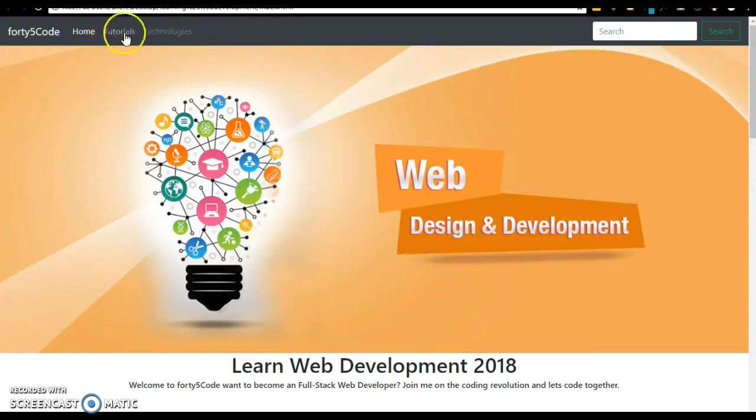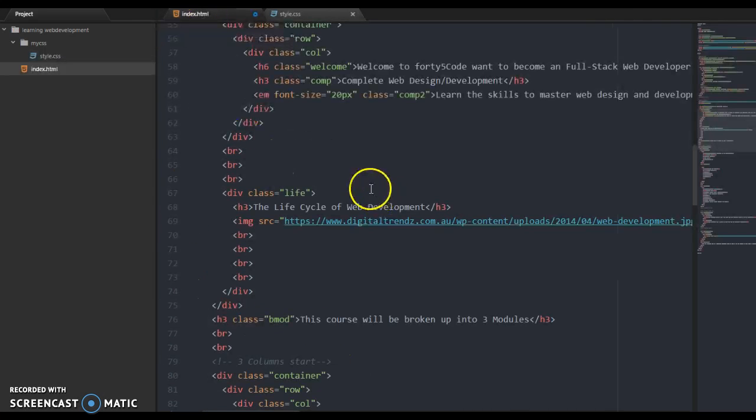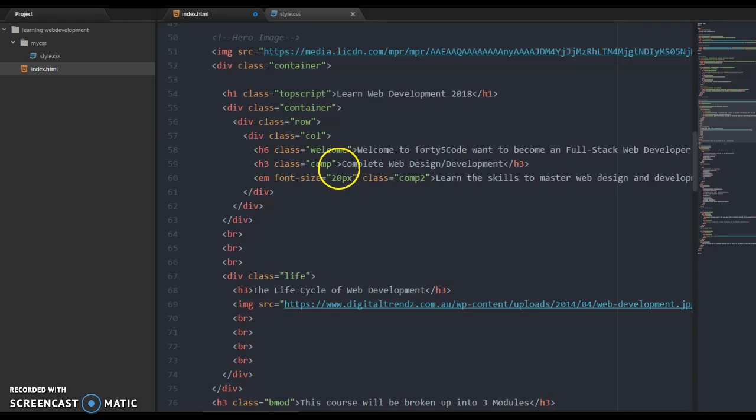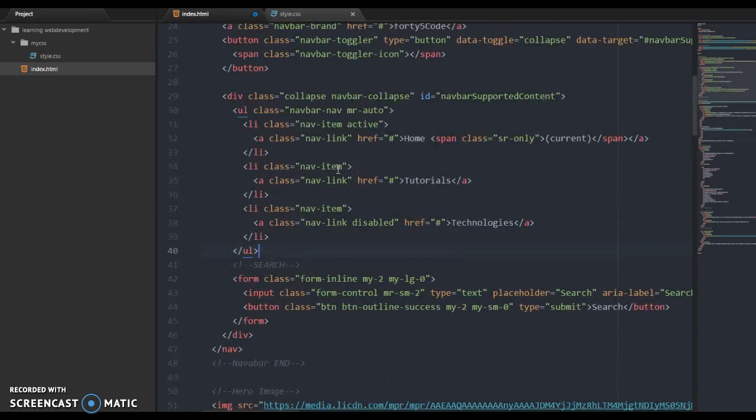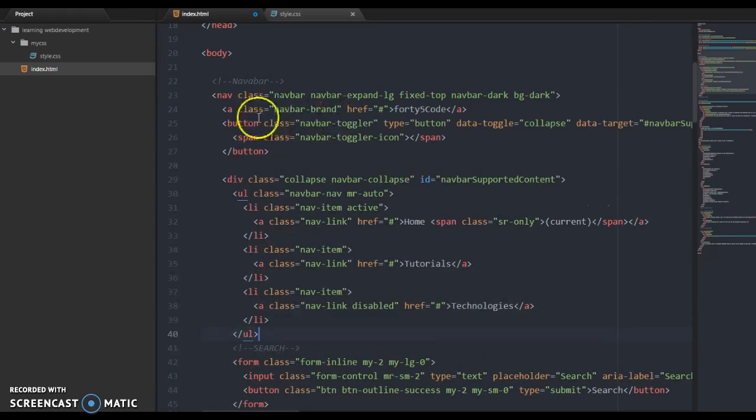So I did the nav bar. We're going to do these. What I want to do is change the 45 code logo. That'll be a nice and easy one, I think. So if we head over back to our nav bar, you can add a photo or an image. Here, nav bar class. You can use the class logo and then href your image into it and add your image in there. But I'm going to do